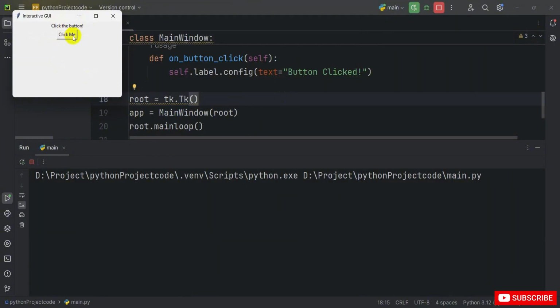So as you can see here, the output shows the click the button and the click me. So just click on this. So as you can see here, it's perfectly working. Okay. So I hope you understand this tutorial, a simple, perfect interactive tutorial. So you can see here the title for the interactive GUI, and the button is click and the click me. Okay. So that's it for today's tutorial, and here I perfectly created a simple GUI application